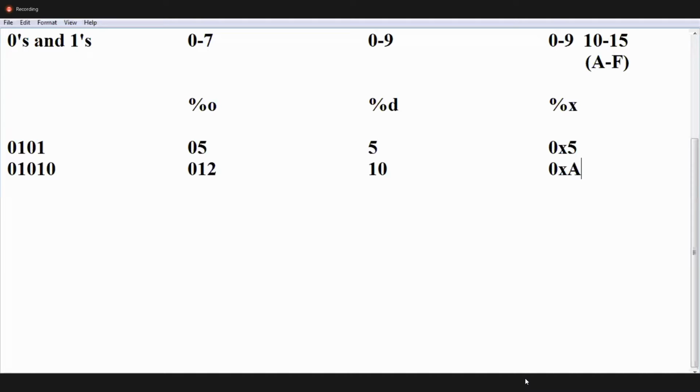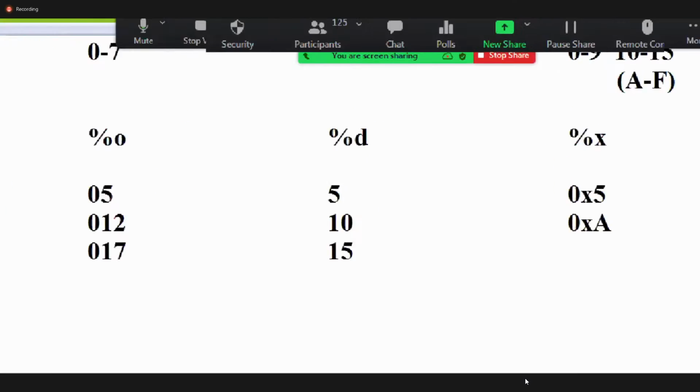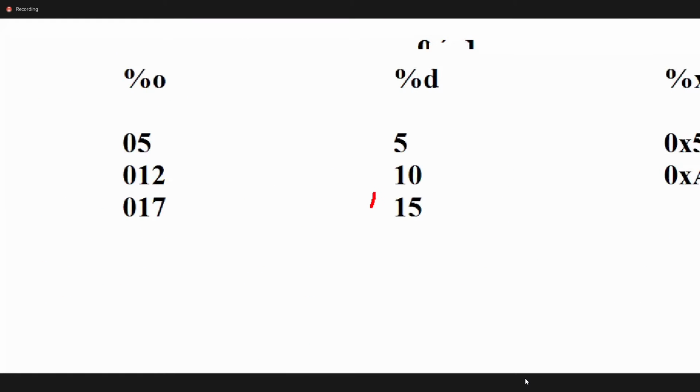Hexadecimal, how to represent 10? We represent 0xa, guys. Okay? Are you following it? How to represent 15? You want to represent 15, guys. This is 15. 017. How do we get 017, guys? You know, divide by 8. How many times, guys? 1 time. Remainder is 7. 017. This is the octal format.